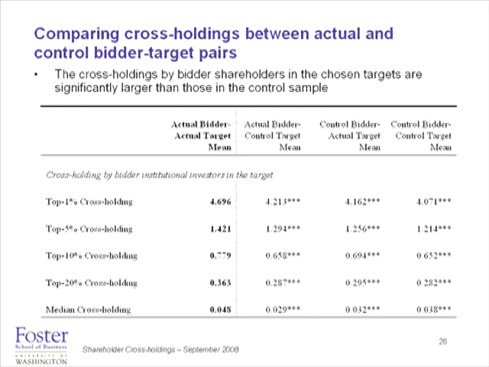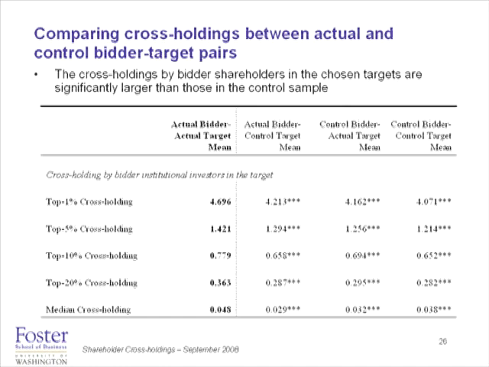So what we have is 4 firms. There was 1 actual pairing, and then there were 3 other potential pairings that didn't happen. And what we see is that in all cases, whether it's the top 1%, 5, 10, whatever, down to the median, the cross holdings in the actual pairing are all greater than the cross holdings in any of the other potential pairings of the otherwise similar firms.